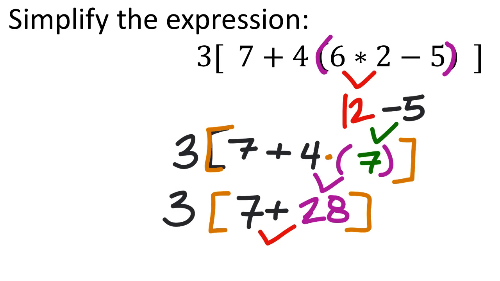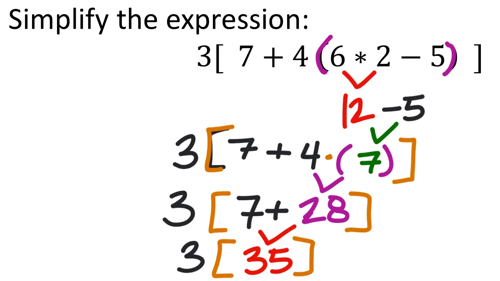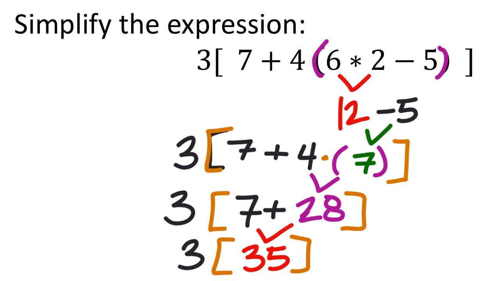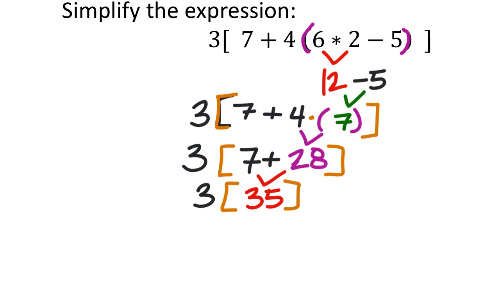And now 7 plus 28 is 35, which is shown in the brackets. But it's going to be multiplied by 3. Now this would read as 3 groups of 35, right? So I need to multiply these out. I got